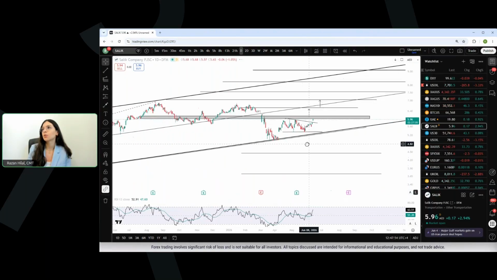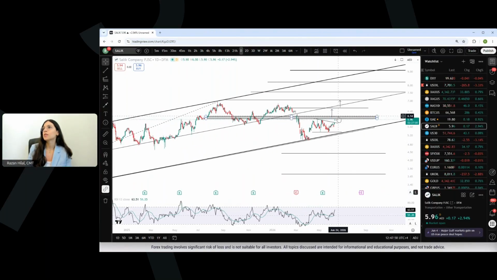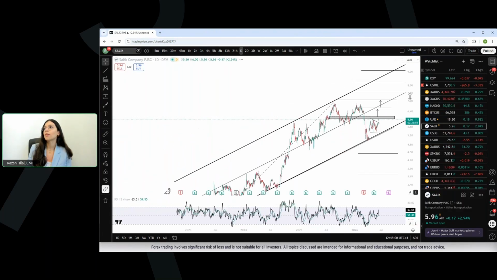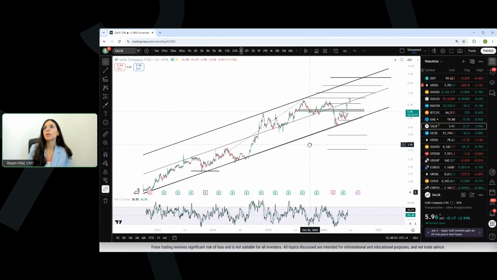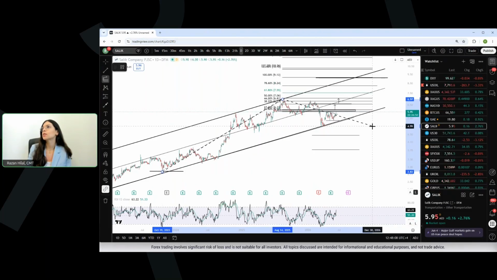That consolidation can be seen over here, holding below that previously mentioned resistance zone, which was derived using the Fibonacci extension tool placed between the lows of October 2023, the highs of August 2025, and the lows of April 2026, where we can see the alignment near the 236 and 272 Fibonacci zone.